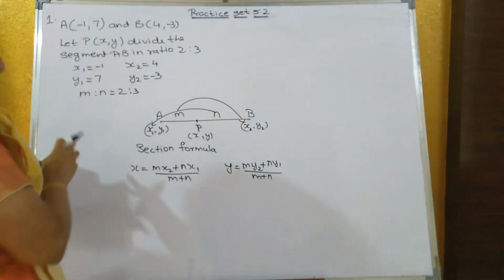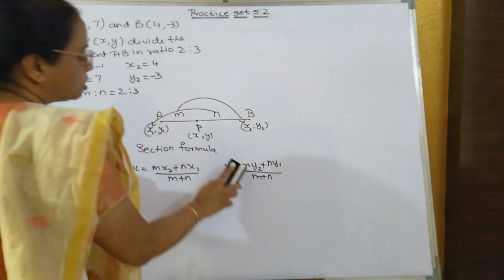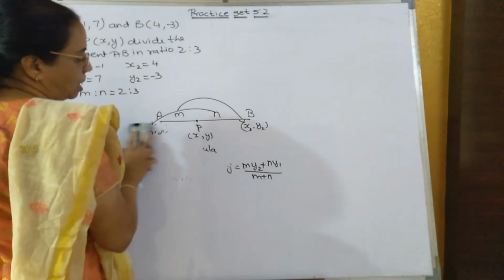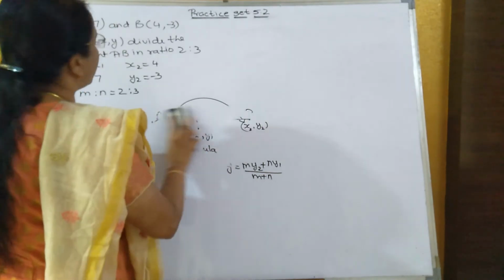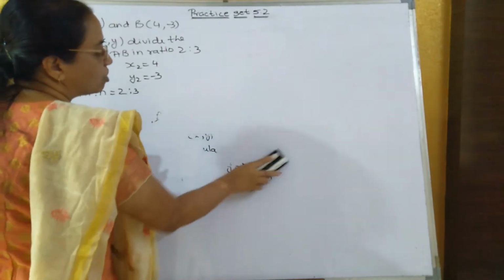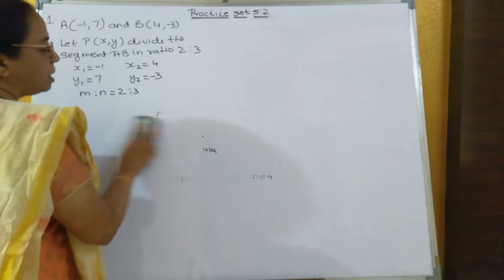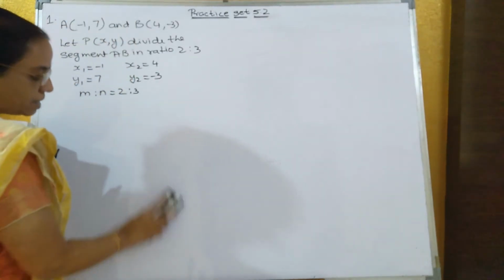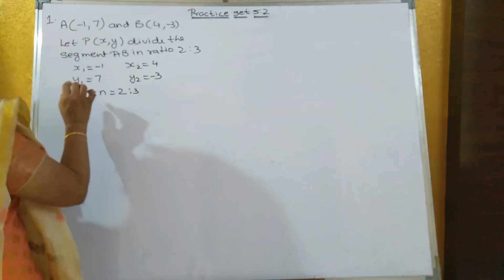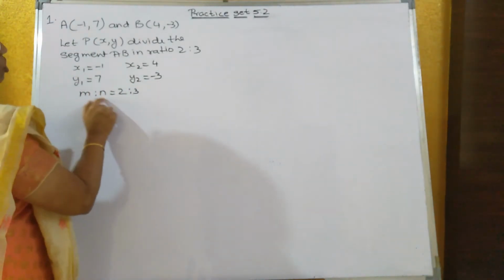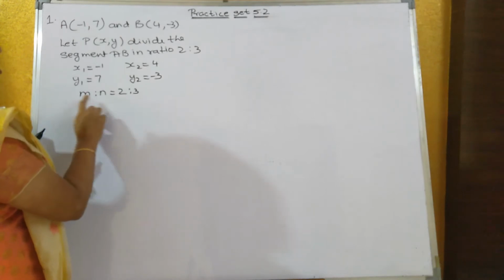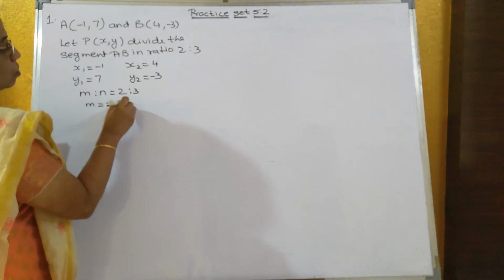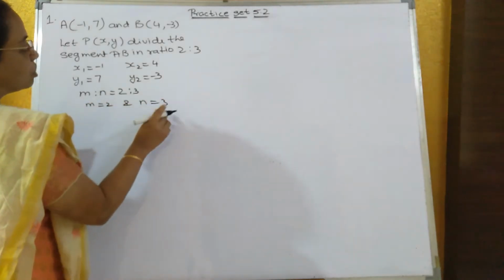So the first sum of practice set 5.2 is based on this. Now in this we already know A. A is already given, that is (-1, 7), and the coordinates of B are (4, -3). We have to find the coordinates of the point which divides segment AB in the ratio m:n. What is the ratio? 2:3, that is already given. So m is equal to 2 and n is equal to 3. So by the section formula,